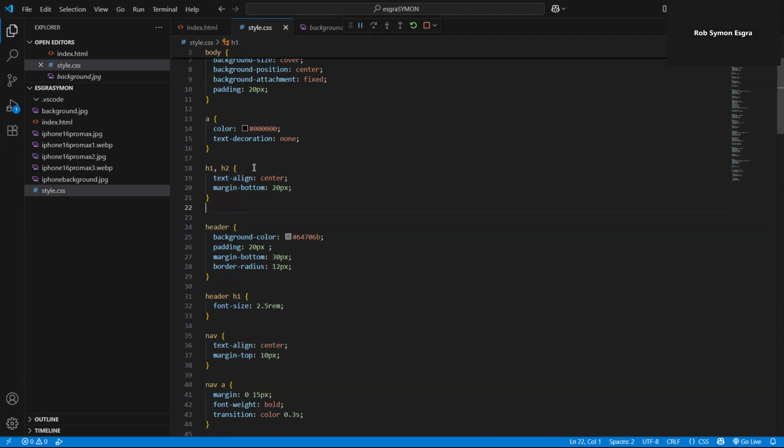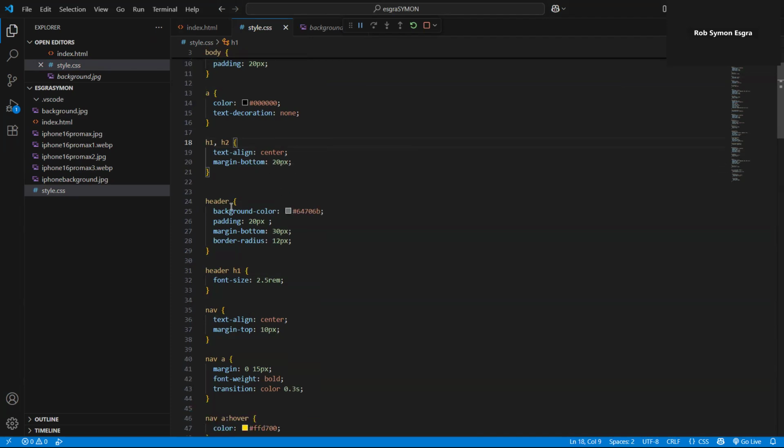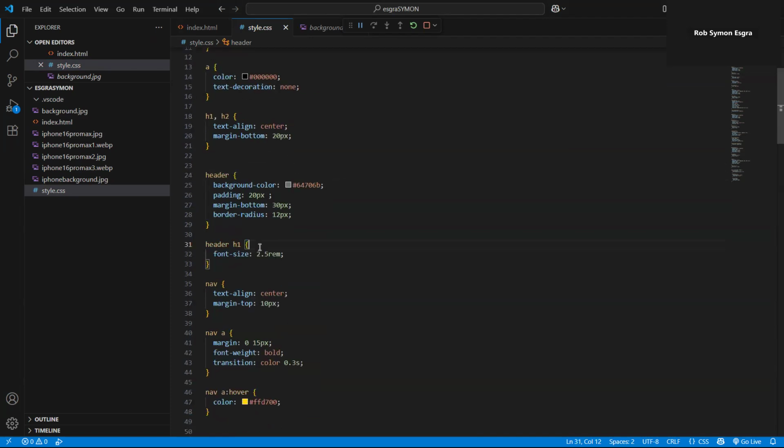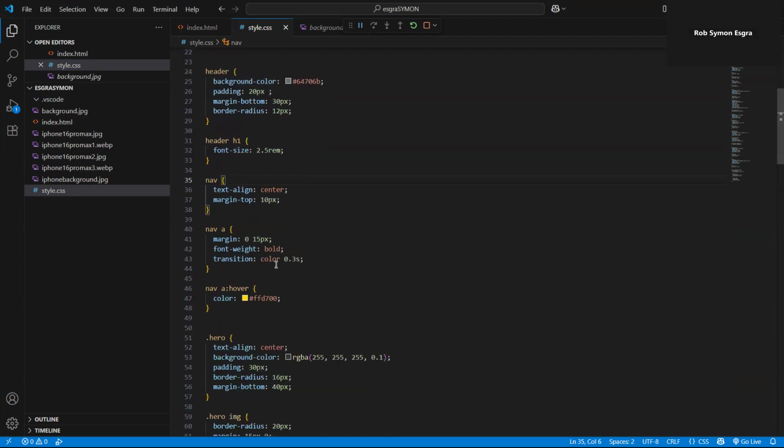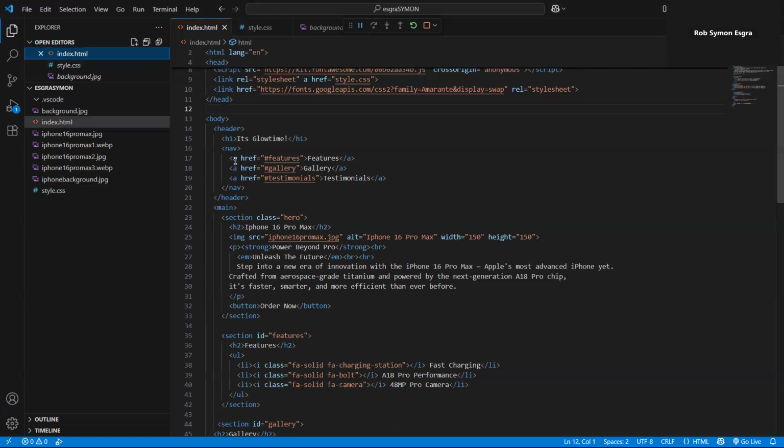Text align center, and then the space is 20 pixels, the header, header H1, so the navigation, center.